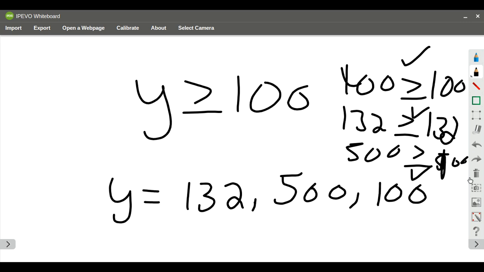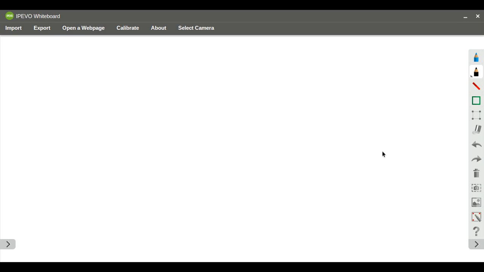Okay. So you've just seen several different ways that you can write and show solutions to inequalities. So you guys are going to go ahead and work on your practice. I did not do the guided practice, so I'd like for you guys to start there. Start with problem number 1 and go all the way to problem number 14 on your practice. And then you also have an inequalities practice where you're writing and graphing in your